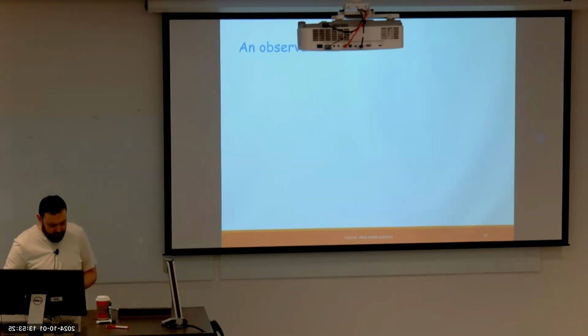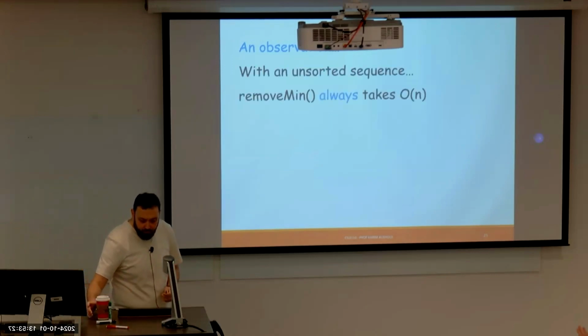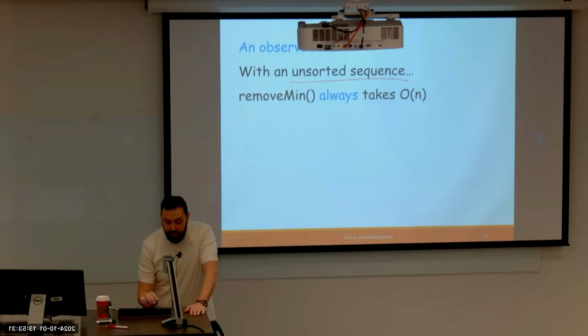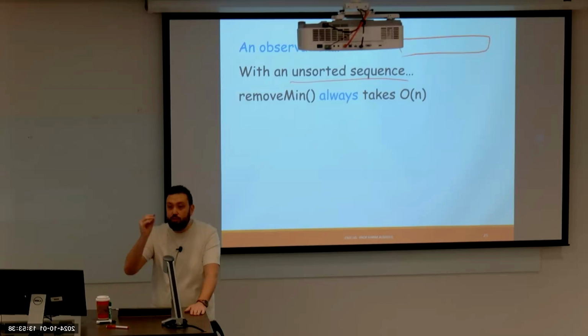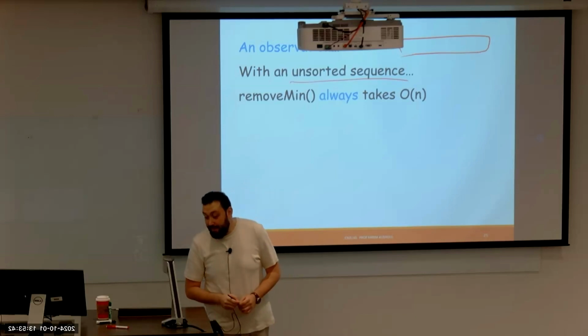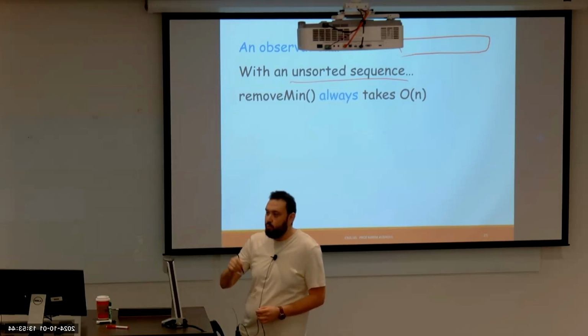What is this observation? With the unsorted sequence, remove min always takes O of n. Why? Because I have an unsorted sequence, I have to search for it no matter what, because it's unsorted. But in the sorted sequence, the